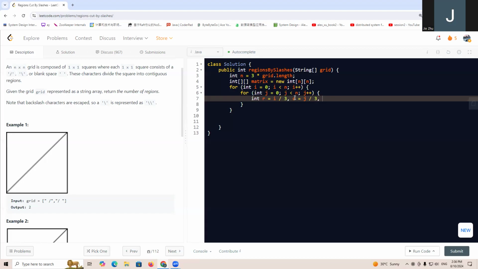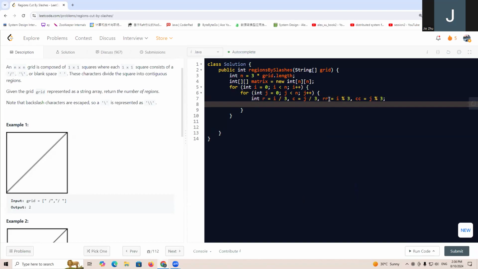And we're going to use another one, right? So another index that is RR, that means in this kind of 3 multiple by 3 cell, what is the index of it, right? So it's in this cell, right? So let's use RR equals i mod 3. And CC equals j mod 3, right? So what we do is that if grid row of char at column equals backward slash